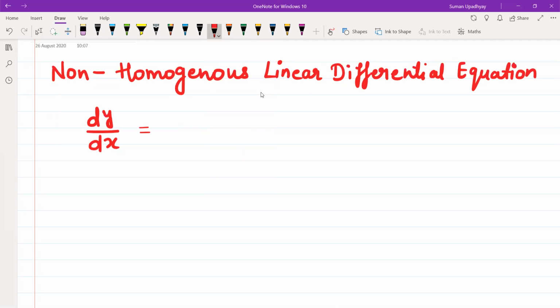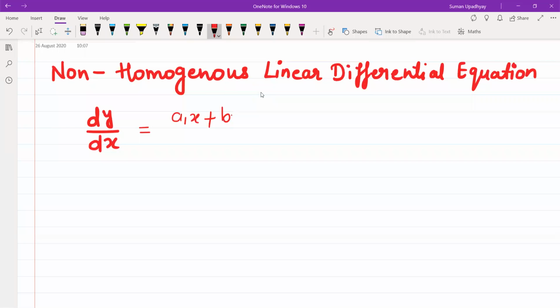so the differential equation, we all know that if the derivative dy by dx is present, that equation is called as differential equation. Not only dy by dx, if a derivative of any order is present in the equation, that will be called as differential equation, right? Now, what do you mean by linear differential equation? Let us see that. So in non-homogeneous linear differential equation, you'll be coming across a problem like this.